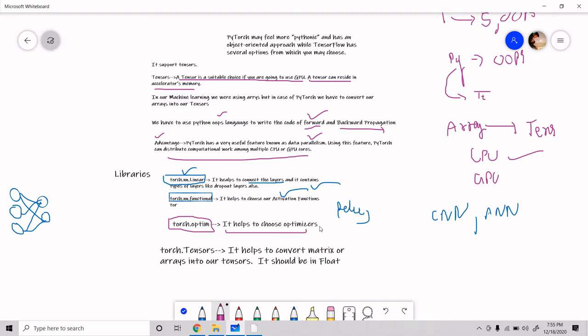We have many types of optimizers like gradient descent, SGD, Adam, RMSprop and Adadelta. Then torch.tensor is a function in our library that helps us convert our matrix or arrays into tensors. Tensors should be floating numbers; they are always floating points. They cannot be integers.